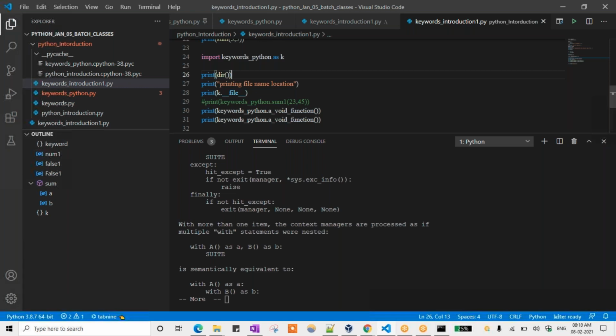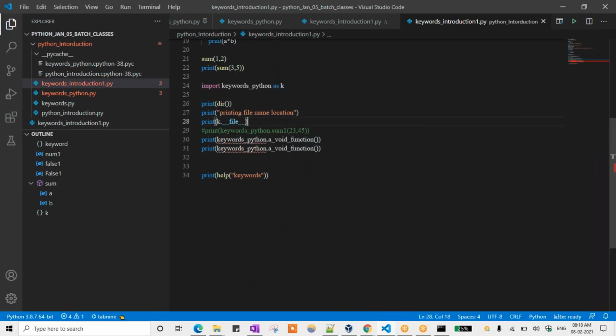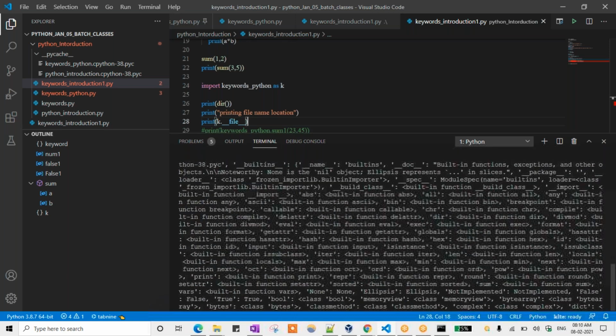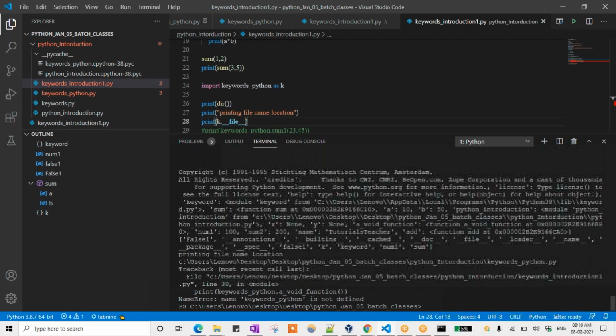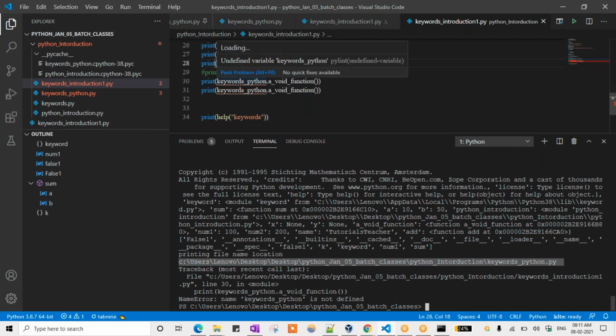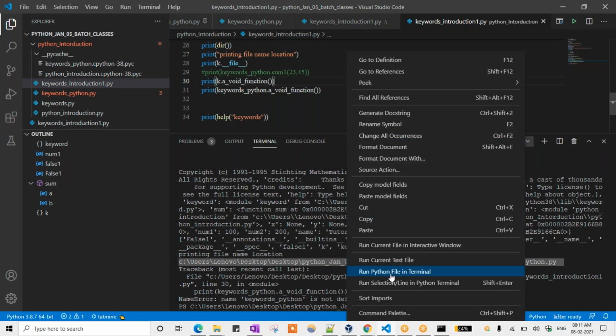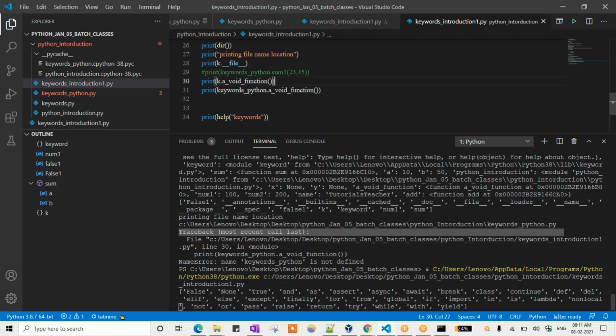One second, I can remove that one. So you can see after printing the file name, you can see this slide, right? The file name it is printing. After that, it is throwing errors. Why? Because the keywords name is already changed, but you are trying to give the same name. Okay, if I try to change that one also as k dot, now you will get one more None and one more error also.